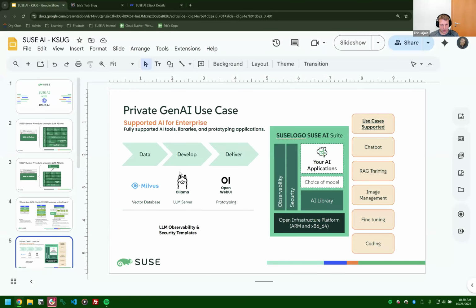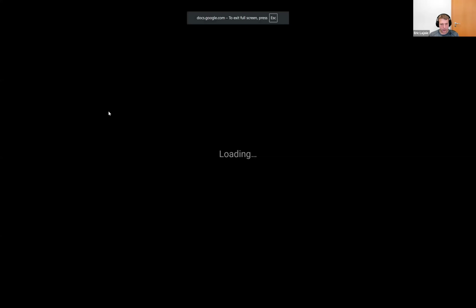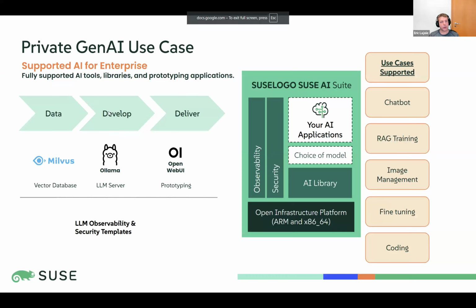Now, the first use case here is the chatbot. So when I talk with customers about sovereign AI, the first thing they're worried about is they have a large company. They've made policies now about what their employees are allowed to do with company data on the SaaS platforms. But their problem is if they tell employees you're not allowed to go outside of Google's Gemini or outside of Microsoft or whatever the tool that they're using for their enterprise email and applications, they have to provide something for the internal users, and especially coders, which we'll get to shortly.